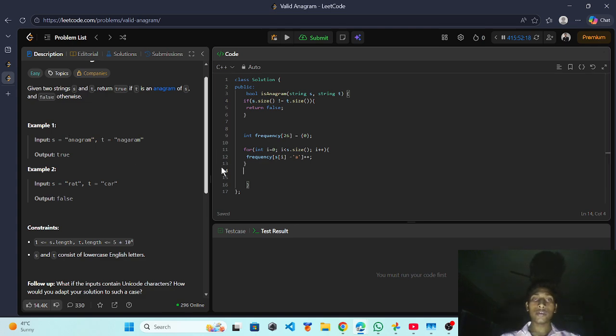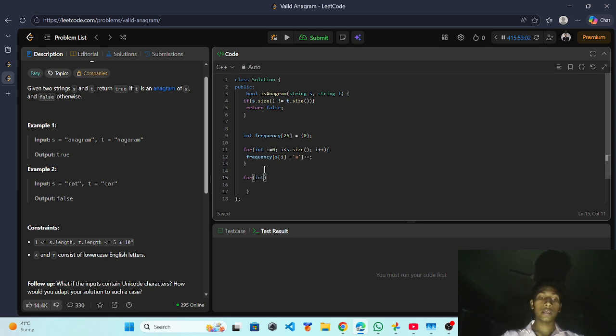When n comes, n minus the ASCII value of a is taken, and the count for n is 1. Then when a comes again, the count for a, which was 1, is increased to 2.